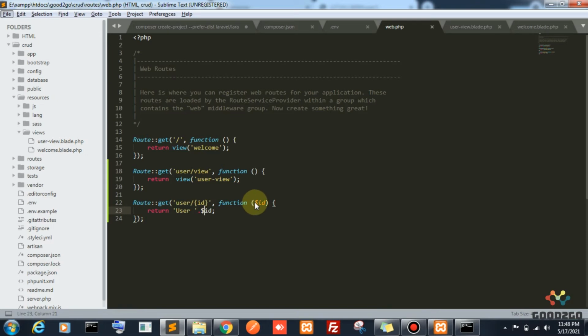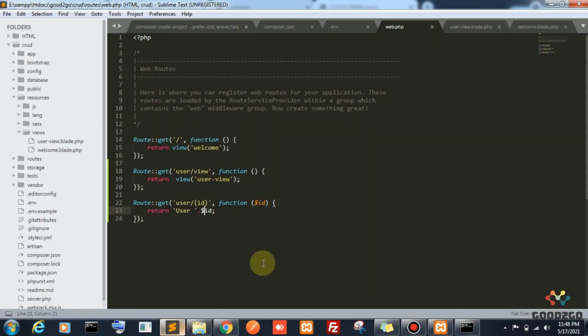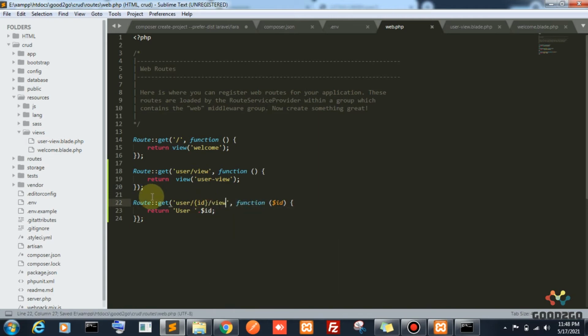That 1 is passed here, then user is concatenated with 1, and that is the value of this file. Okay, let's create a separate blade file for this user ID view, which means user ID 1 is viewing the user ID 1 value.